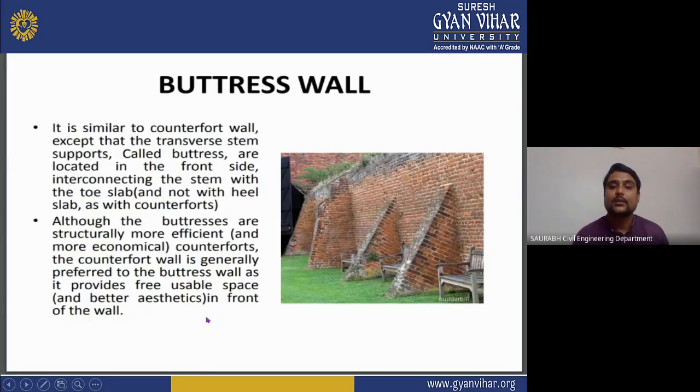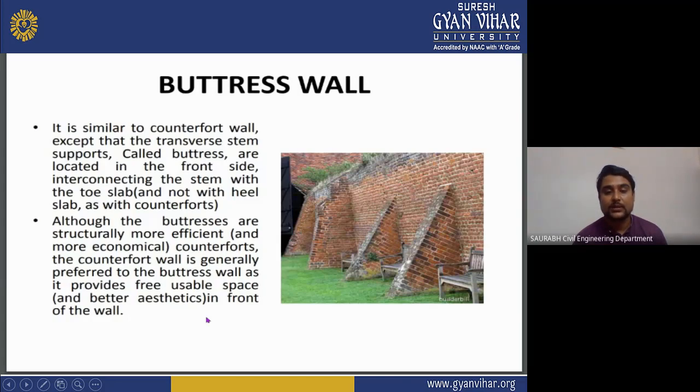Now we will see the buttress wall. This is also one kind of retaining wall. It is similar to a counterfort wall except that it has transverse stem support. Buttress rays are located on the front side, interconnecting the stem with the trough slab, not with the heel slab as in the counterfort. Although buttresses are structurally more efficient than counterforts, the counterfort wall is generally preferred to the buttress